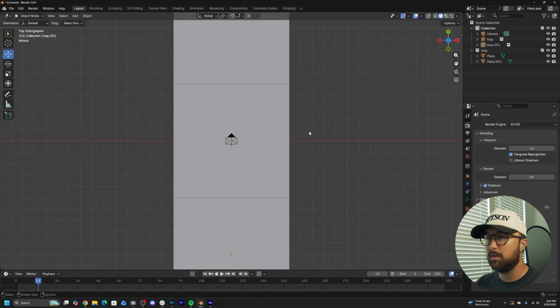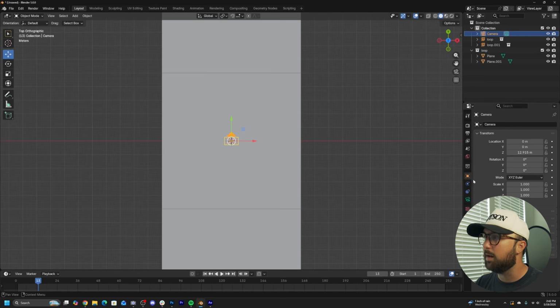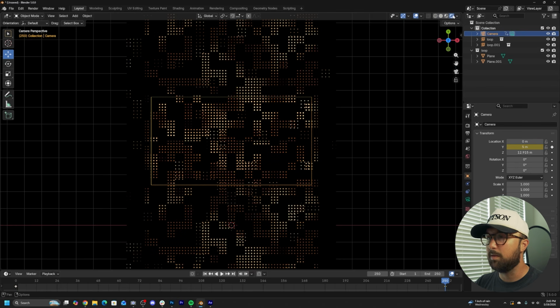So I'm going to hit the tilde key and go to the top. This camera is going to animate from one end of the grid to the other, and we scaled it by 5. Remember, we hit S5. That's very important to do that. So on the camera, on the Y settings, bring it to the -5. Go back to frame 0. Add a keyframe on the Y. Go to the end of the timeline and type in 5. That is going to get him to the exact edge. So now, if I go to my camera view,